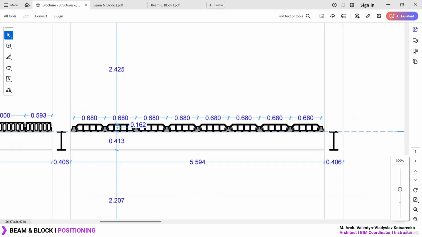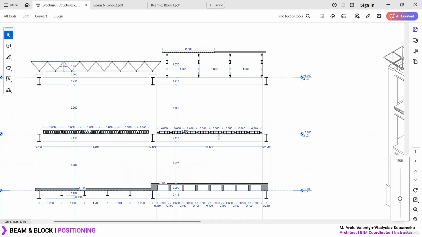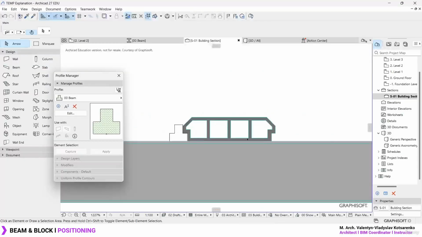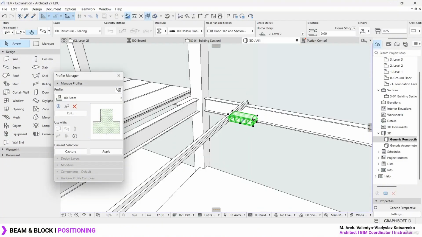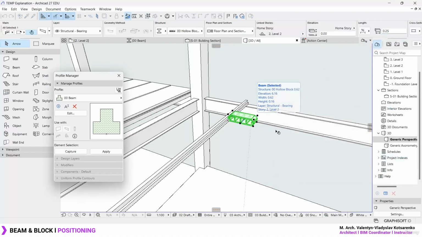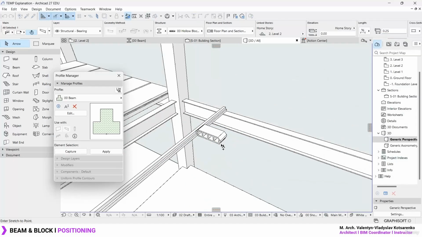And now it's just a matter of copying this multiple times. So what I'm going to do is I'll take a few minutes. I'm going to create multiple beams over here. And for the hollow block, you can always copy this by pressing Ctrl U. You activate the matrix option over here, press OK, and you can copy this multiple times in both of the